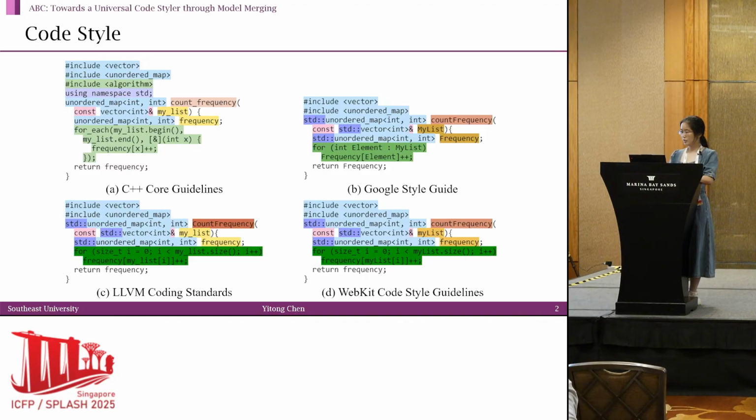Here's an example. You can see that style guidelines are typically formed through a combination of both unique and shared criteria. And different guidelines can lead to varied implementation of same functionality. However, due to shared criteria, these implementations also have similarities, which is highlighted in the figure with same colors.